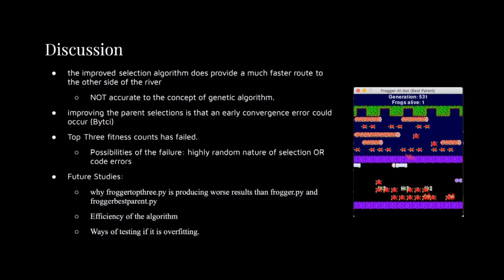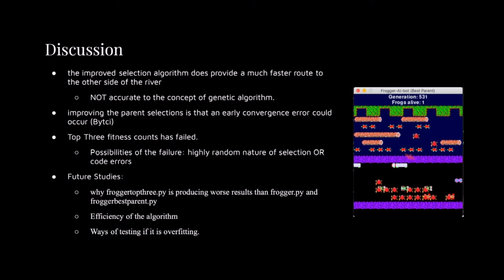Regarding the discussion part, while the improved selection algorithm does provide a much faster route to the other side of the river, it's not entirely accurate to the concept of genetic algorithms. The reason for randomly selecting parents is that it gives the frog with a lower fitness value a chance. Additionally, it is not quite accurate to natural selection, as it is impossible for the strongest and most suitable specimens to become parents of the next generation. Another issue we found during this whole process is that